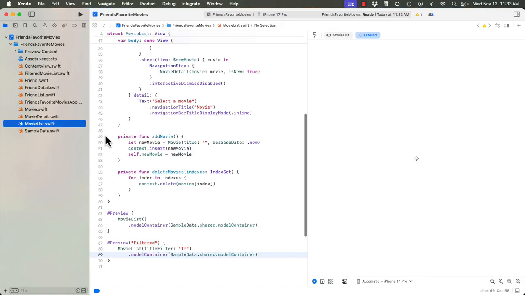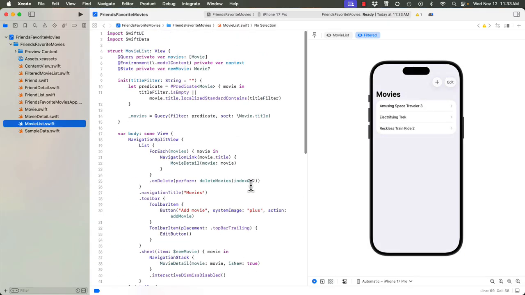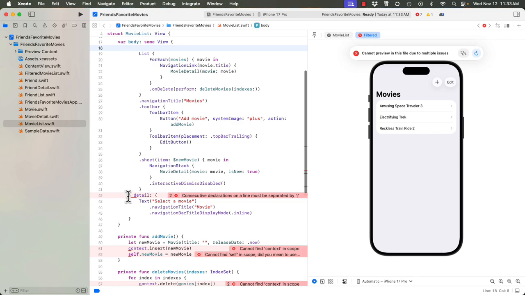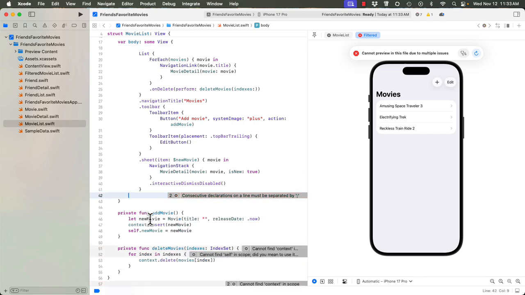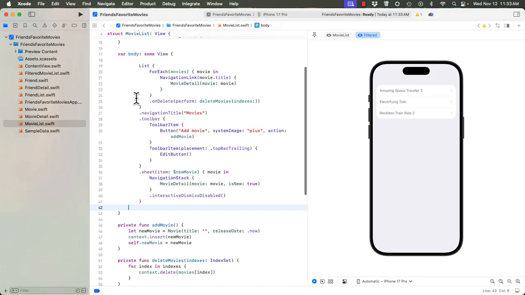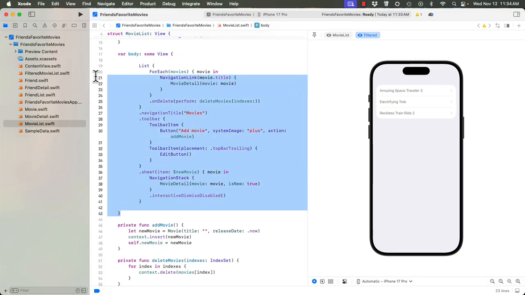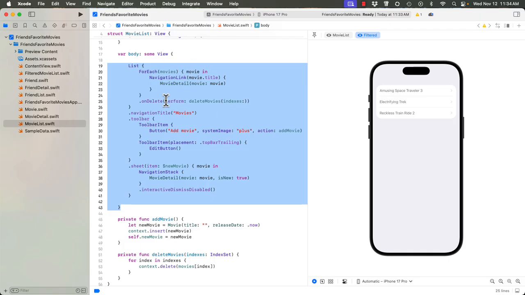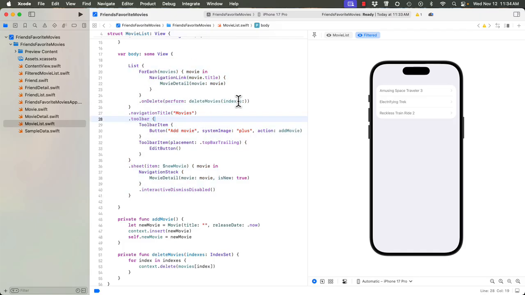So switch over to the movie list, and we're going to remove the navigation split view. So go ahead and delete that, and then we want to delete the detail as well. And so now we removed it, and here now the text is not indented properly. If you select all of that text and then you press Control-I, it re-indents everything, so now it looks a little better. Now the problem is, in this preview we've lost all of our navigation behavior,